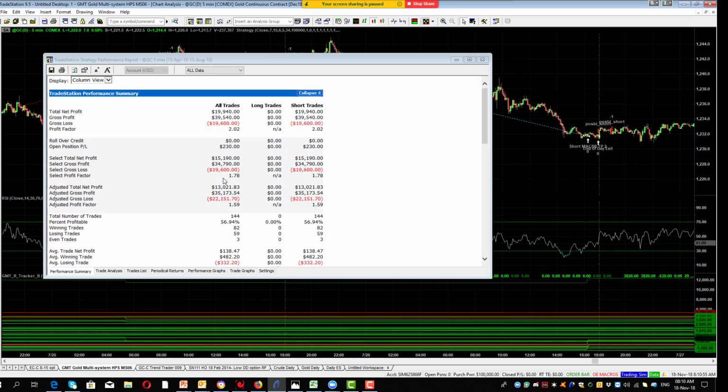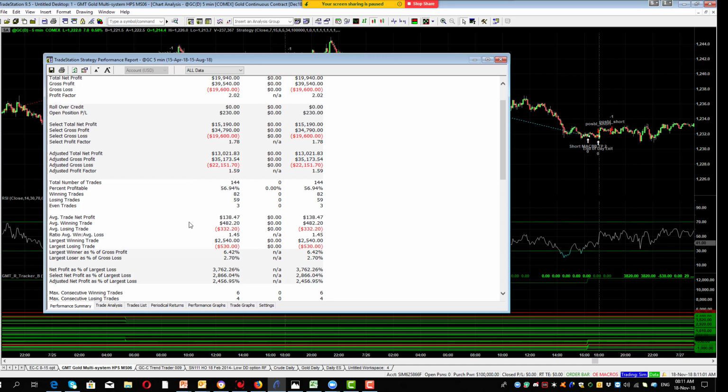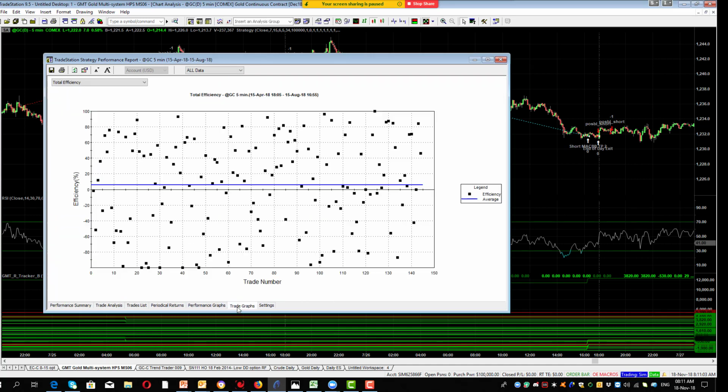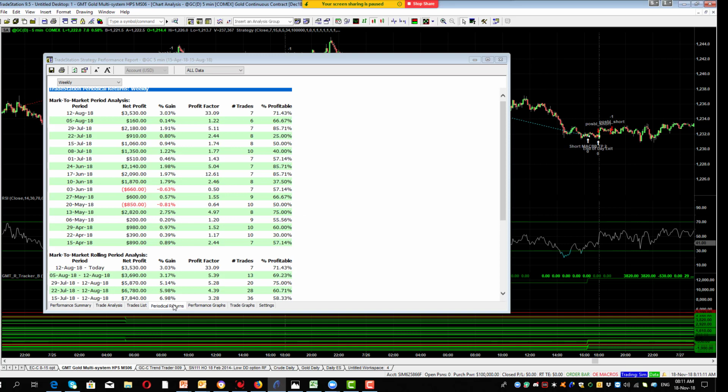So that's a nice segue into the next chart, because this is shorts only on gold. Let's have a quick look at the performance. The graph itself is not too bad. You can see the steady rise there, equity highs, which is great. The key things for us are making sure that we're not taking too many trades a week. Obviously, we don't want to be over trading, but this is probably a little bit more trades than we would normally be taking. But that depends on your trading style.